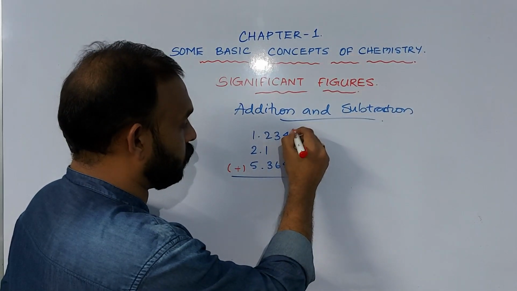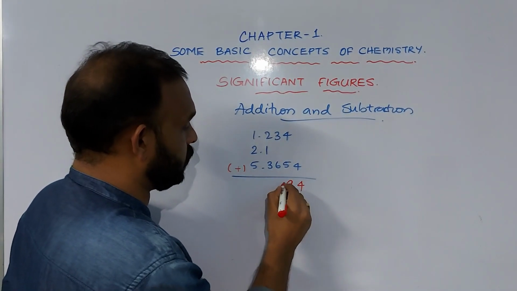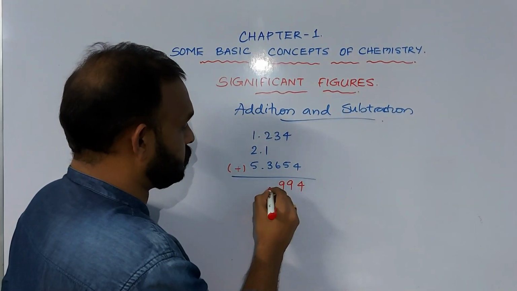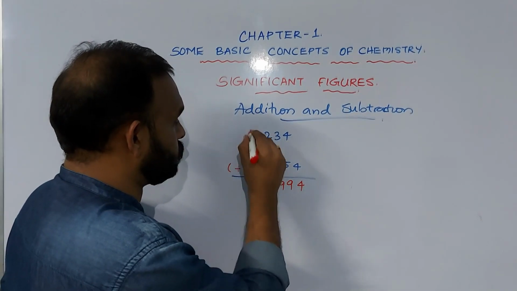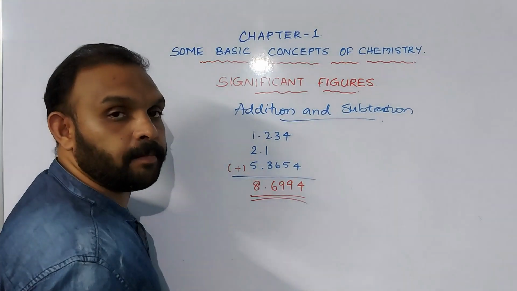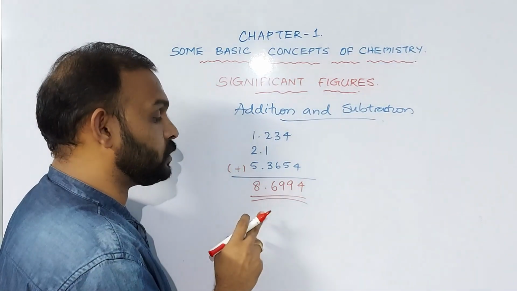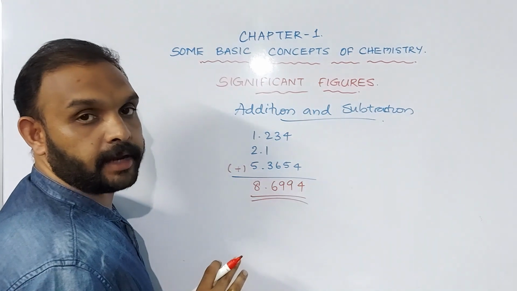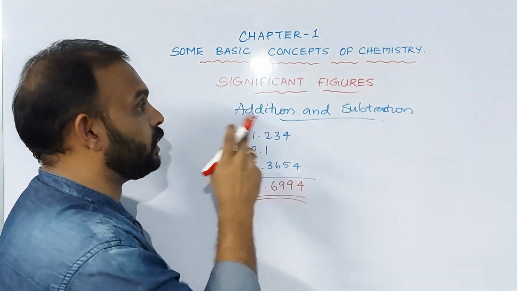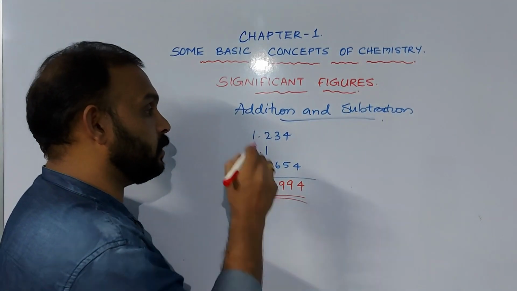Here there is no number, so it will be 4, 5 plus 4 is 9, 6 plus 3 is 9, 3 plus 2 is 5 plus 1 is 6, 5 plus 2 is 7 plus 1 is 8. We will get the answer as 8.6994. Okay, 8.6994 is the answer. But according to the significant figure rule, what you have to follow is that you have to